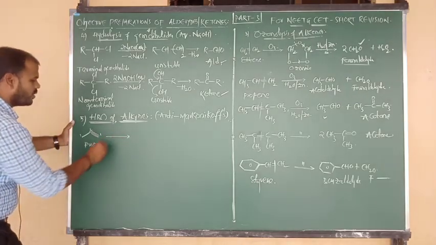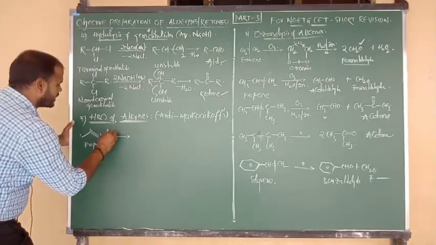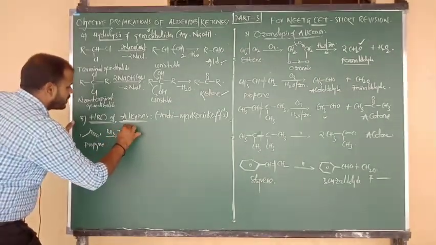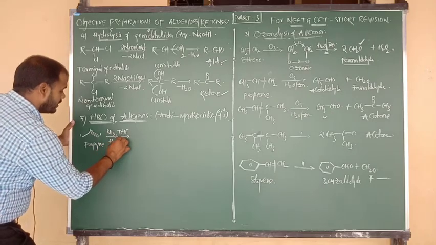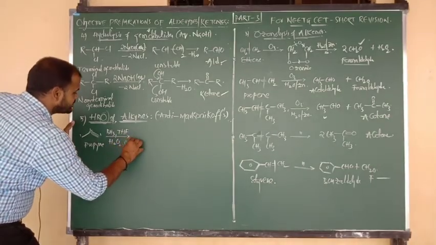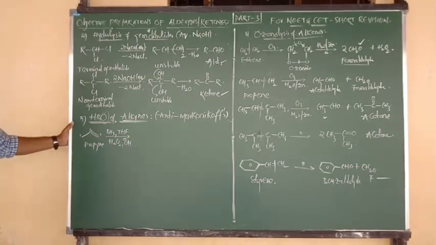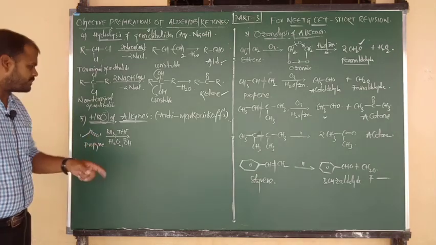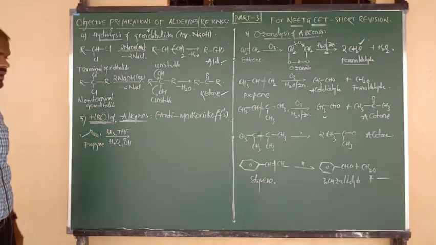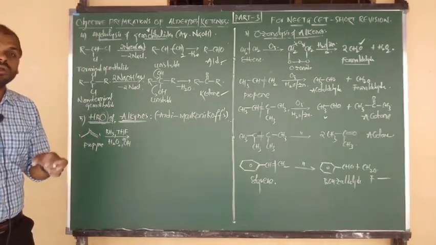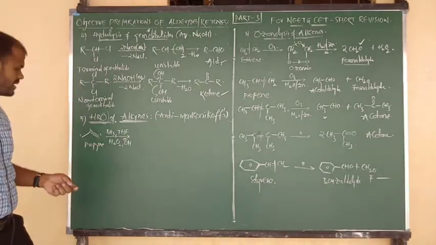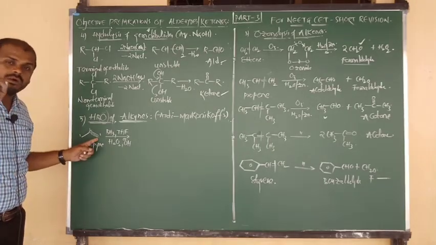What do you mean by HBO? Hydroboration oxidation reaction, that is, reaction with borane or diborane in the presence of THF, followed by hydrolysis and followed by oxidation. Oxidation takes place using hydrogen peroxide in a basic medium. Step 1 is boration, with BH3. Step 2 is oxidation with the oxidizing agent hydrogen peroxide. Here we follow the anti-Markovnikov rule: the negative part is given to the carbon which contains more hydrogen atoms. The third carbon is CH, with 1 hydrogen atom.